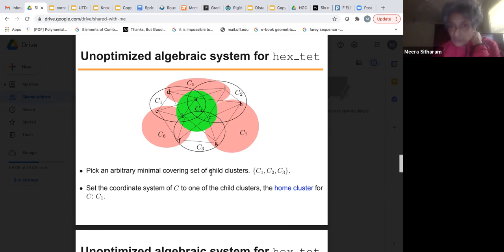Otherwise, if you had done it exactly the way I talked about, you would use not just C1, C2, C3, but also C5, C6, and C7, and make incidences that say that the point H in C2 is the same as the point H in C7, and so forth. You would have done all of them. But